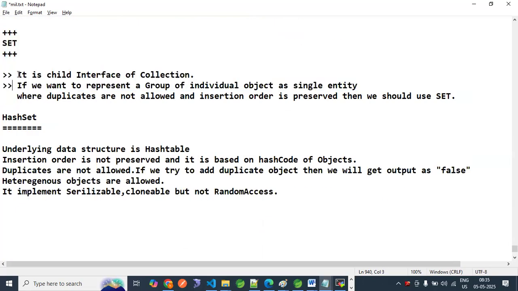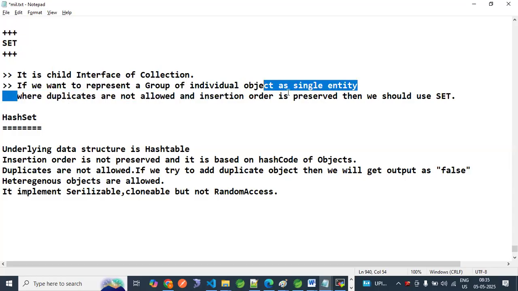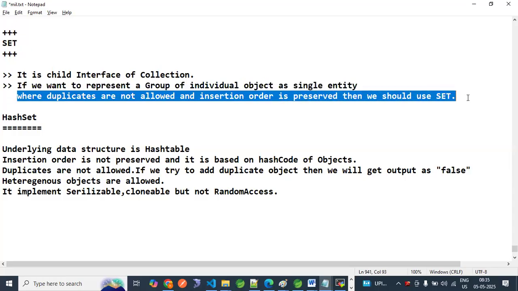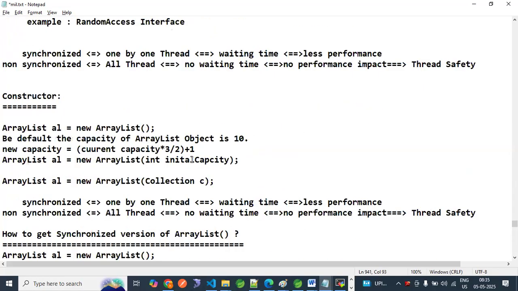So what is set? It is a child interface of collection. If you want to represent a group of individual objects as a single entity, where duplicates are not allowed and insertion order is preserved, then we should use set. According to our previous diagram,